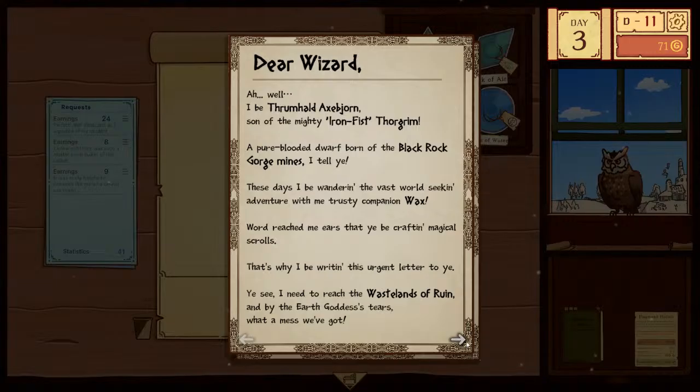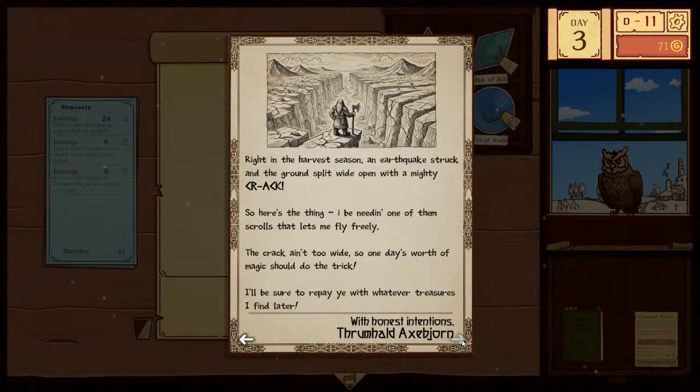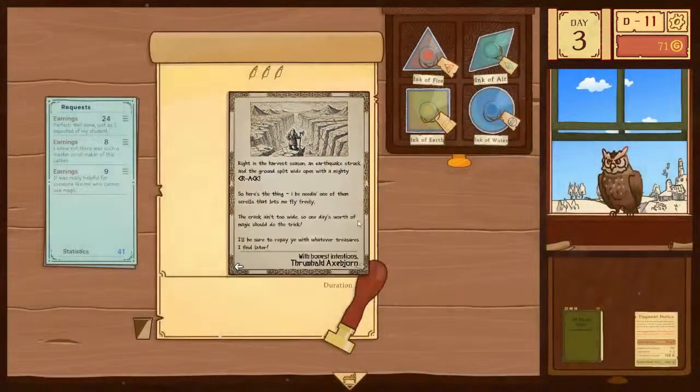You see, I need to reach the wastelands of ruin, and by the Earth Goddess's tears, what a mess we've got. Right in the harvest season, an earthquake struck and the ground split wide open with a mighty crack. Here's the thing, we're needing one of them scrolls that lets me fly freely. The crack is wide, so one day's worth of magic should do the trick. Be sure to repay you with whatever treasures I find later. With honest intentions, Stromhold Axbjorn.